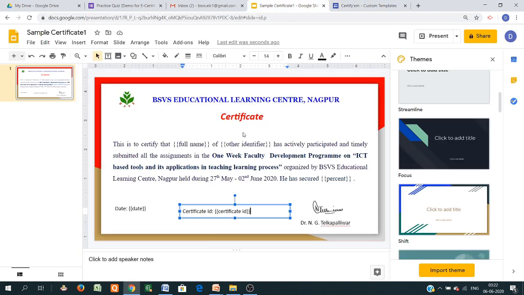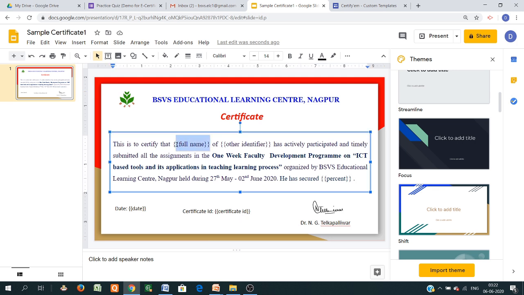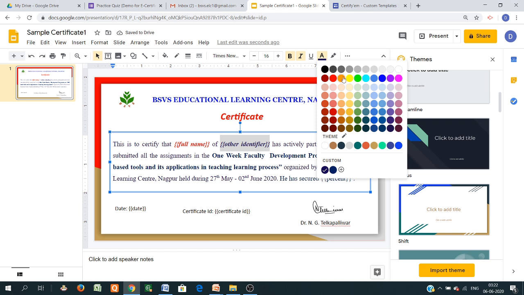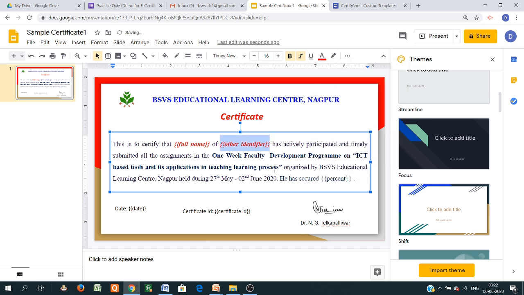So in this way, you have added the full name, other identifier for the college name, then percentage, date, and certificate ID. You can change this full name, just make it bold. You can change the color also. Then the other identifier, you can make italic also. Similar type of settings you can do. Suppose you want to underline, you can underline it also.